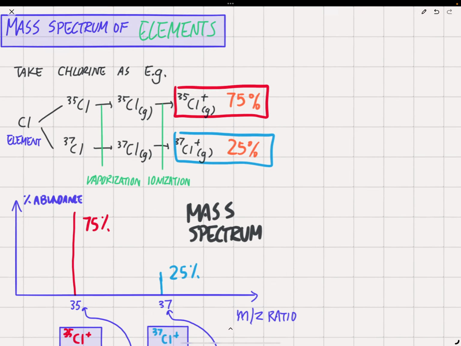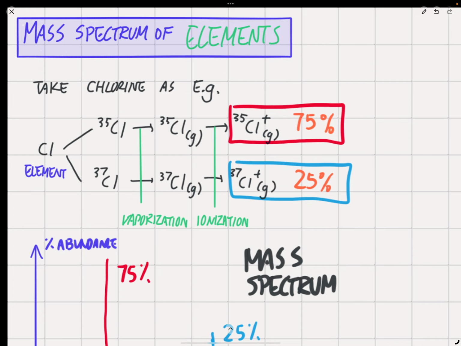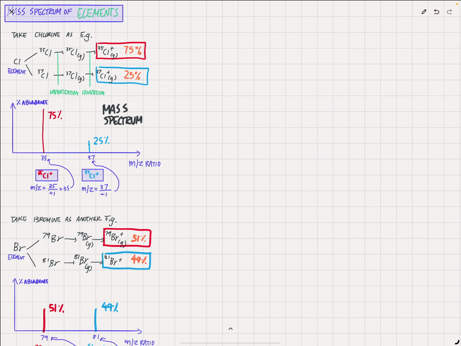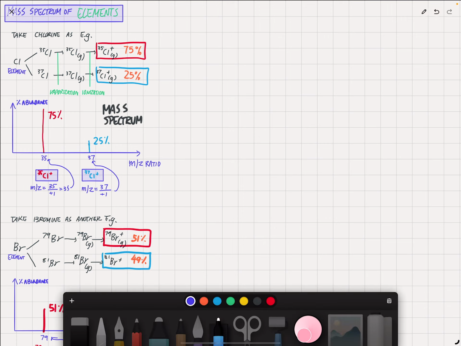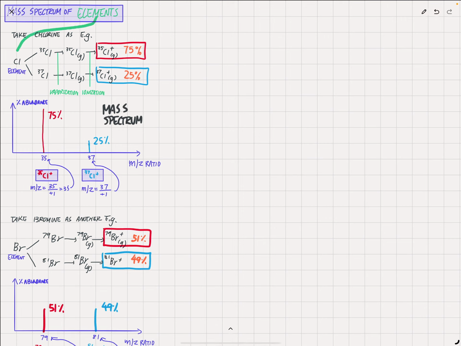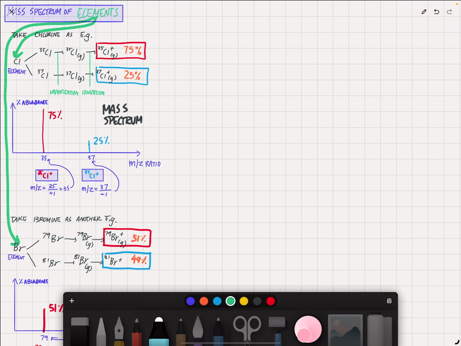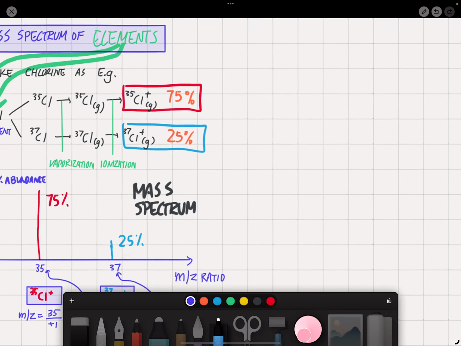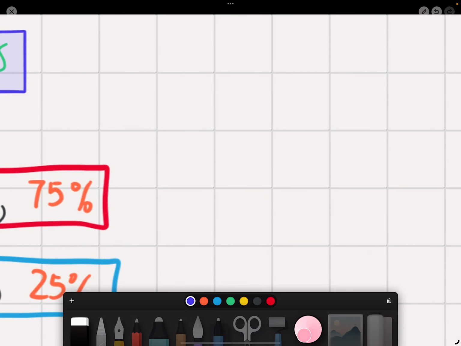So we can then use mass spectrometer or mass spectrometry to study compounds. The kind of information we obtain from compounds are different. What you saw on the left is about elements. So we will now be turning our attention to compounds. Okay, so mass spectrum